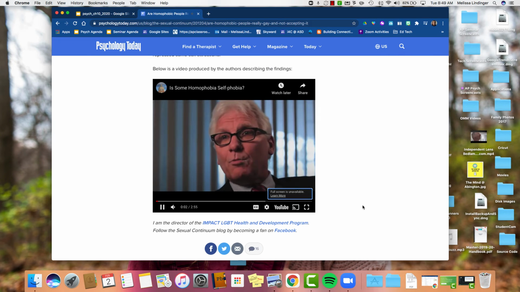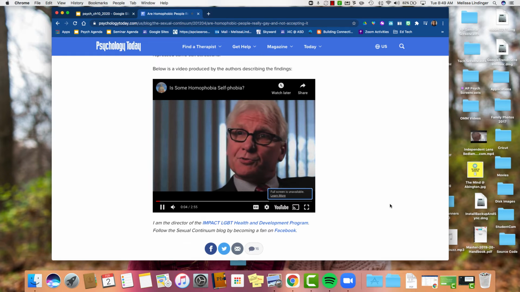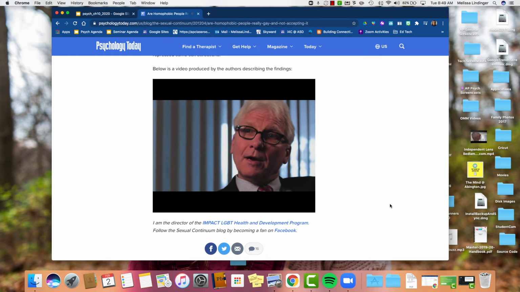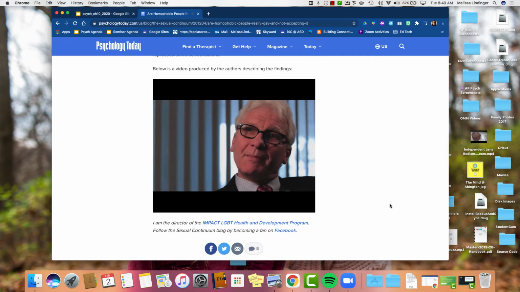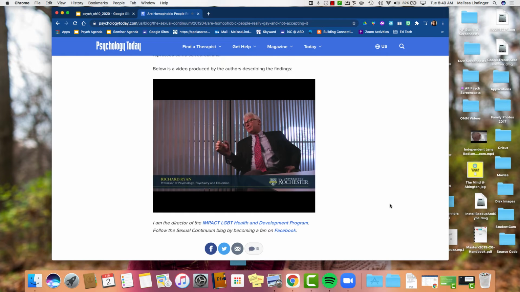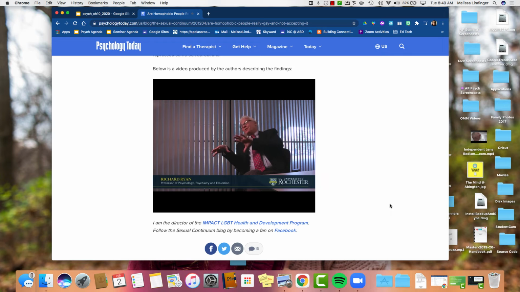People who have homophobic attitudes, who are more prejudiced or discriminatory against gay people, are themselves more likely to have a discrepancy between their unconscious attraction to same-sex partners and what they are consciously aware of. Those people who have such discrepancies, who really have a split between their unconscious attraction and what they consciously say about themselves, are more likely to come from authoritarian homes.